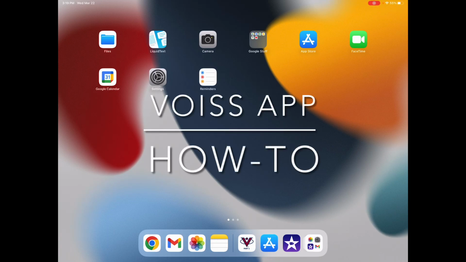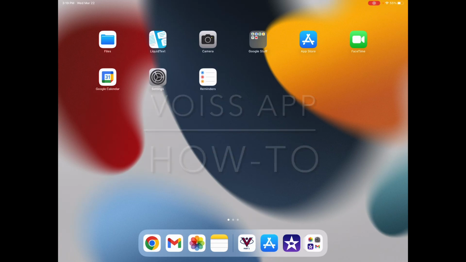Hello, and welcome to another video where we will learn how to access and play the voice application. First, you're going to want to locate the icon for the application you downloaded in previous videos. On my screen, you can see it at the bottom, the red V with a circle around it that says Part 1. This is the voice application Part 1.